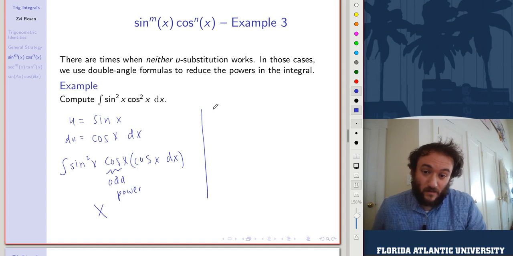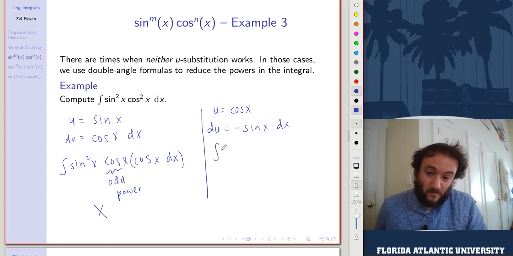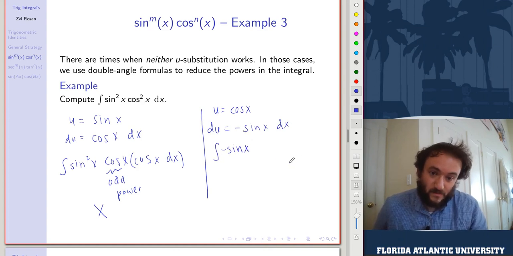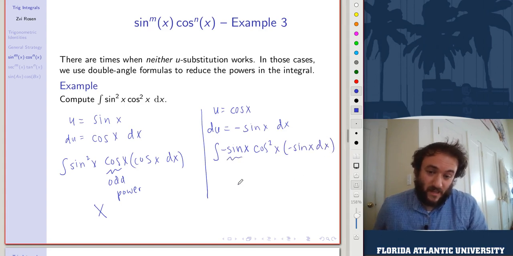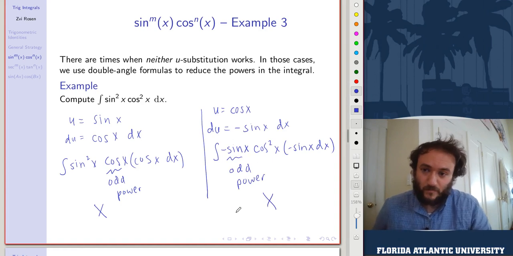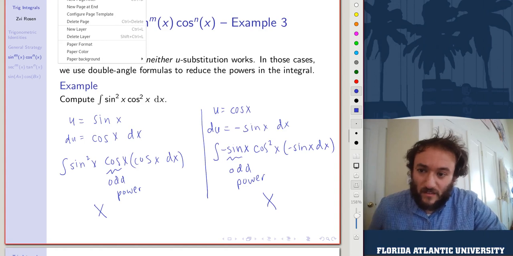On the other hand, if we try u equals cosine x, we run into the same problem. We'll have du equals minus sine x dx, and our integral becomes minus sine x cosine squared x times minus sine x dx. Okay, we pick up a minus sign when we factor out this du. And here again, we have our non-u function appearing to an odd power. So we can't use this. We won't be able to convert that into a power of cosine. Okay, so given that neither of these are possible,